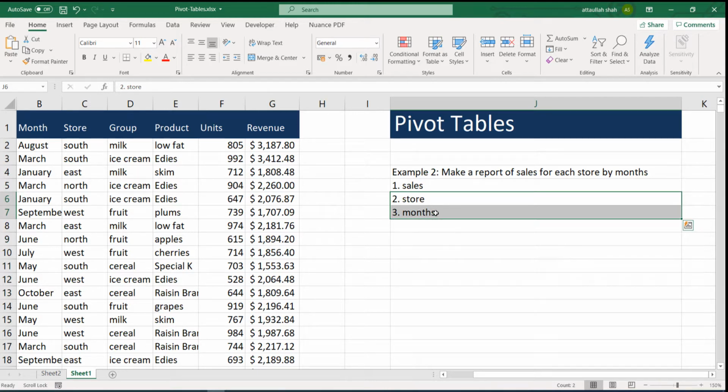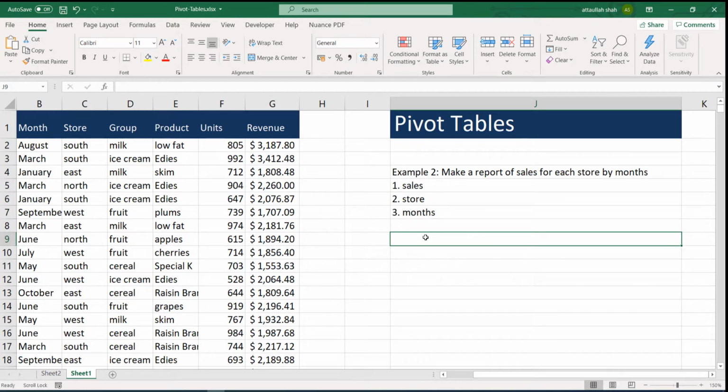But here is the guiding principle: which one should go to the row of the table and which one should go to the column of the table. The guiding principle is that you ask yourself which of these 2 have more categories.